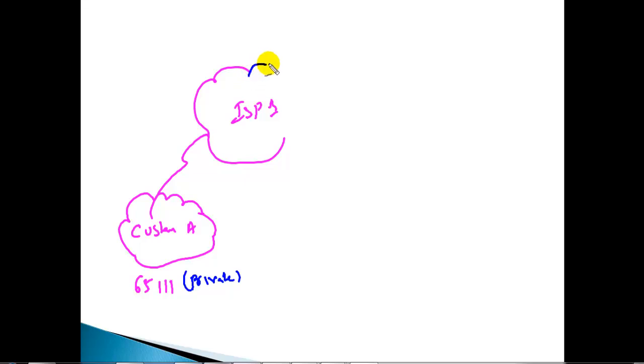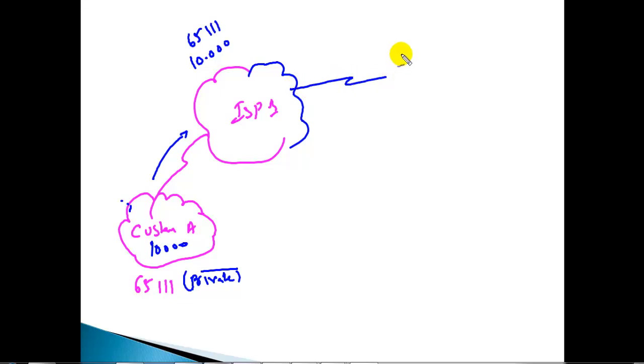Now the service provider may come across scenarios where you may want to disable this private AS number getting advertised to another autonomous system. By default, whenever you configure eBGP, any routes coming from customer A, let's say there is a 10-dot network advertised to service provider 1, the ISP1 is going to receive that 10-dot network with the autonomous system number of 65111, and by default it is going to propagate that information to all the remaining autonomous systems. Maybe you are connecting to some other ISP, or some other customer, or maybe you are also connecting to the internet.